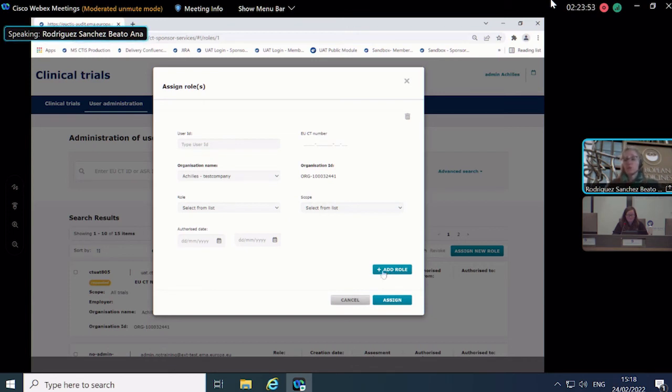So what is the difference? If you have a scope all trials, the user has the scope all trials, you assign it once and then you forget it. However, if your users are going to have the scope specific trials, if they have a combination of roles, you have to go role by role and assign the U number. This is an improvement that hopefully we can introduce in the future, and we can assign to the same user several trials in one go, but at this moment it's not possible. But you see, you can add more than one role one by one after the other.